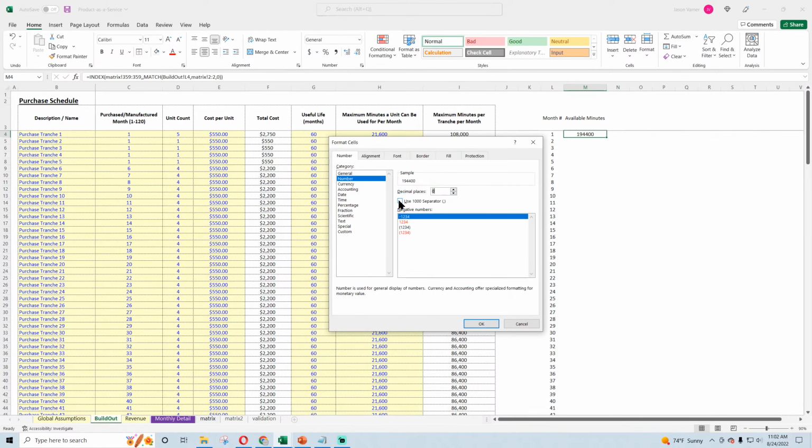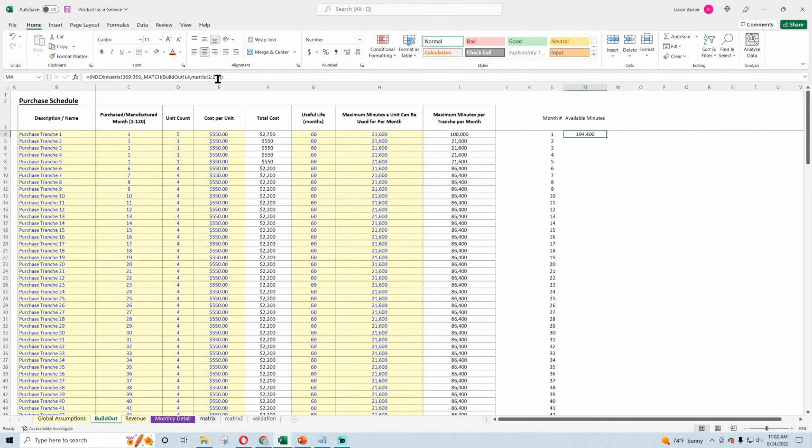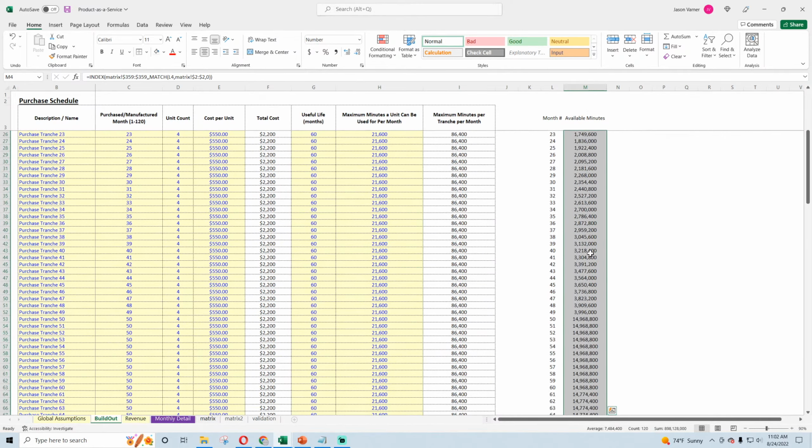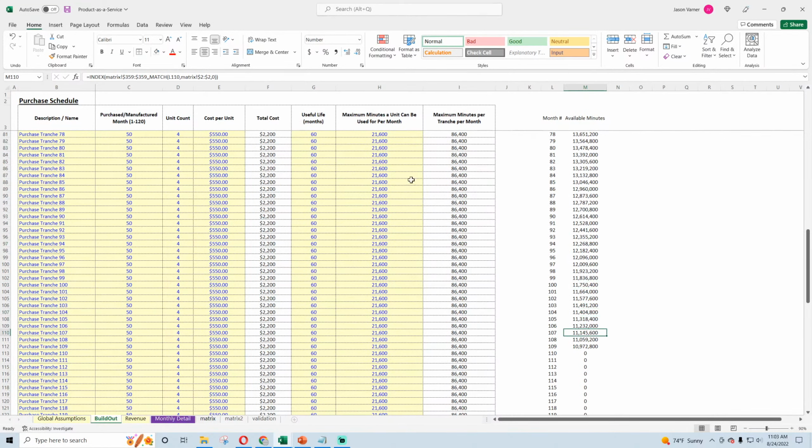Let me lock this first so this can't go down. L4 can go, and this cannot go down. So there's my minutes, and you can see they're going up, up, up, but then they're starting to fall off as this useful life is taken into account.